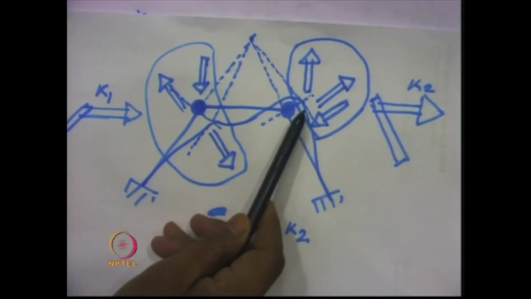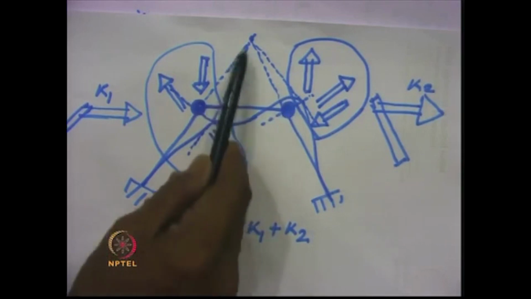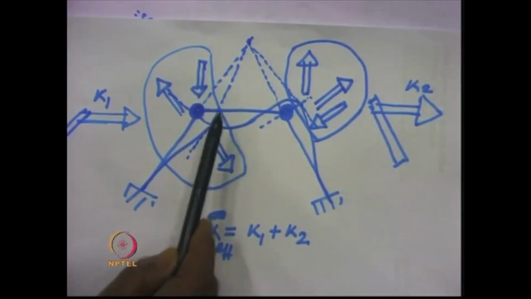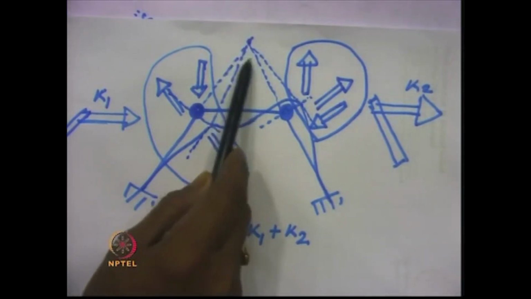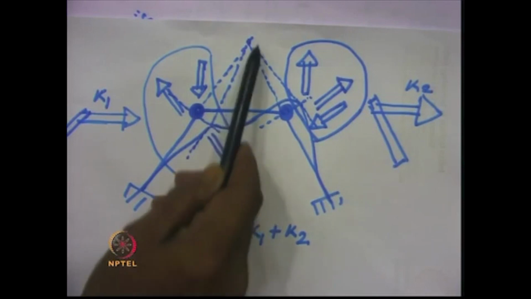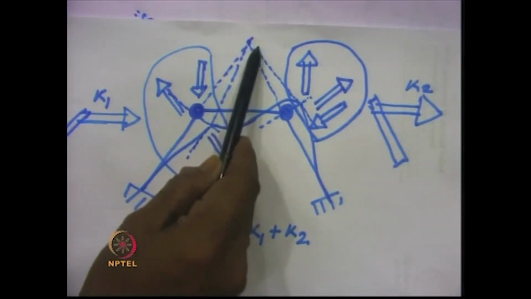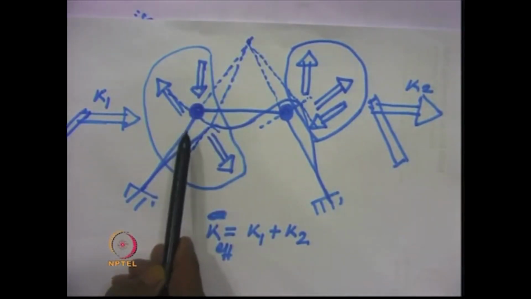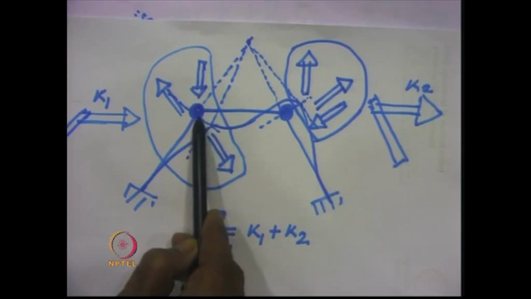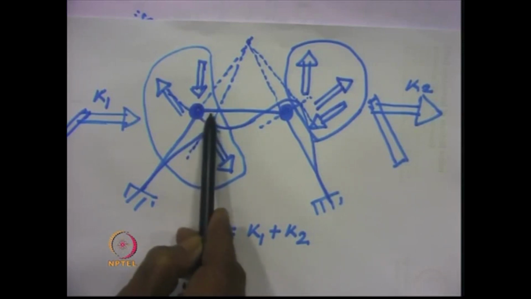So for that, we make this the instantaneous center of rotation, consider this as a set square and rotate it about the instantaneous center such that the horizontal component of this movement becomes equal to